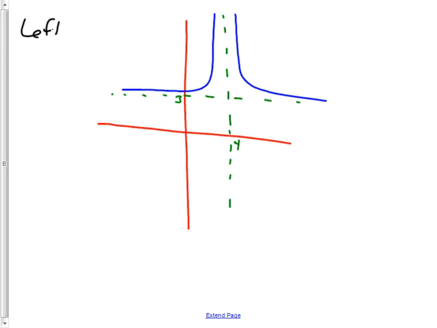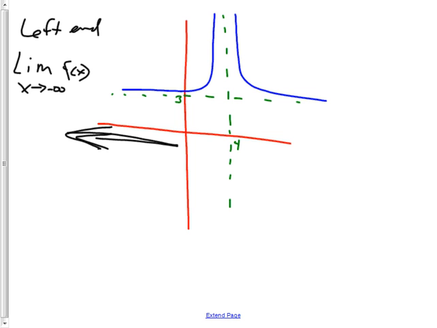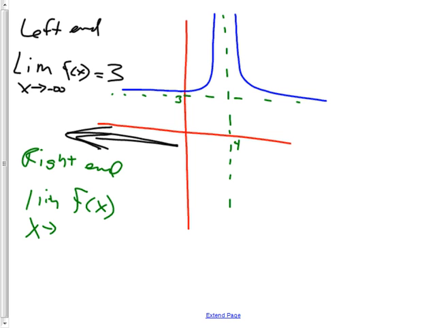So the left end would be limit as x approaches, well, where's the left end? It's way over there. So x approaches negative infinity. And if I go way, way, way over here, my graph will get closer and closer to what? 3. And then the right end, I'll do that in green, limit of the function as x approaches, if I'm going to the right, I'm way, way, way over there, and so it's approaching infinity. And that would be, when I get way, way, way over there, my graph gets closer and closer to